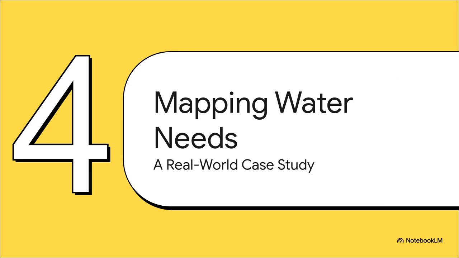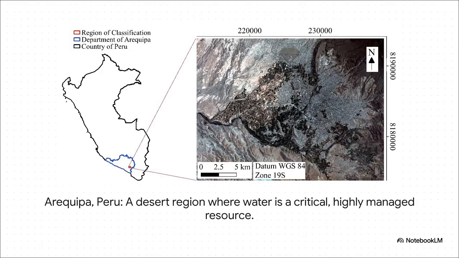Okay, so let's take all this theory and see it in action, in a place where these guesses have huge, high-stakes consequences. We're heading to Arequipa, Peru, where statistical estimation is being used to manage one of the most critical resources on the planet, fresh water. So this is the area, it's a desert. You've got over 700 square kilometers of farms that need irrigation, competing with a city of over 1 million people and a huge mining industry, all for a very limited supply of water that comes from the Andes. Figuring out how much water the farms actually need is, well, it's absolutely crucial.